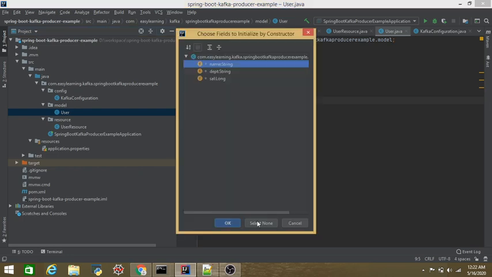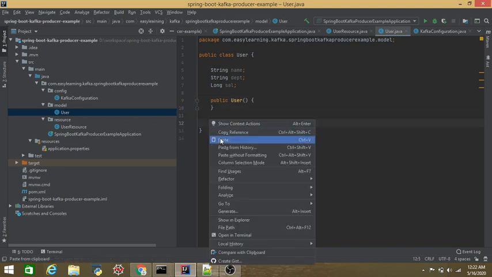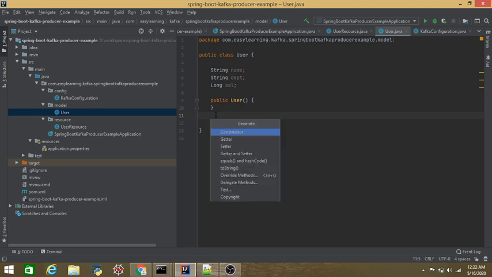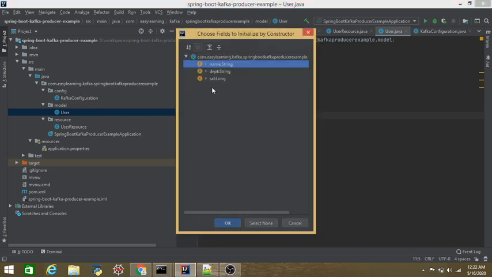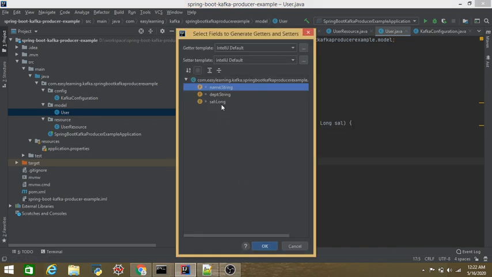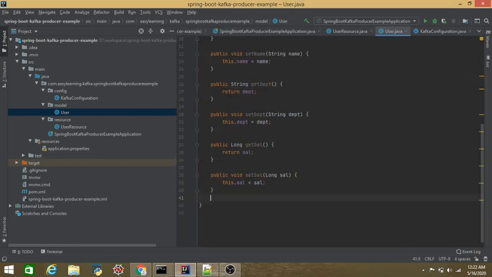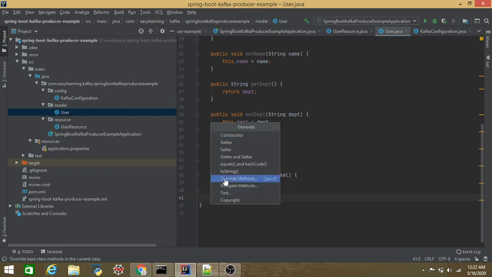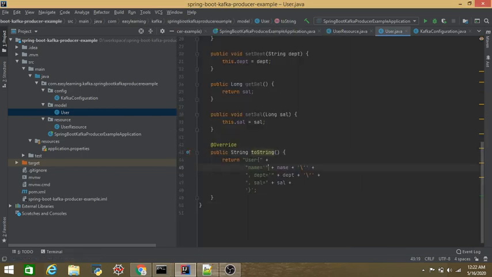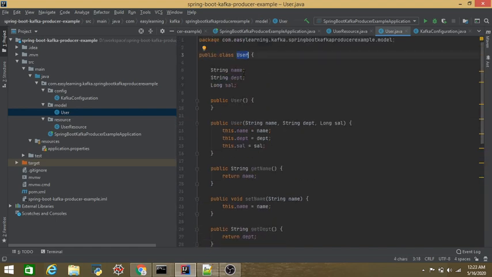Let's first create the default, empty constructor, then create the parameterized constructor with the fields, and then create getters and setters for all these fields. At last, just create a toString. Yeah, so we are done with the model creation. This model will be my JSON to pass into the Kafka template.